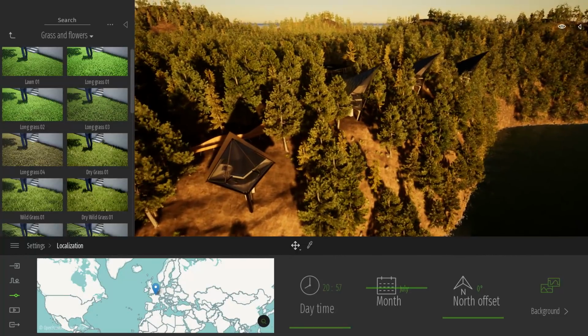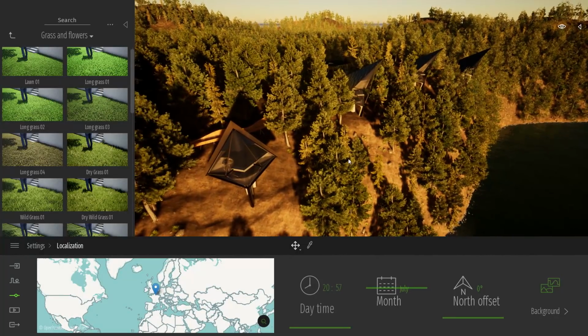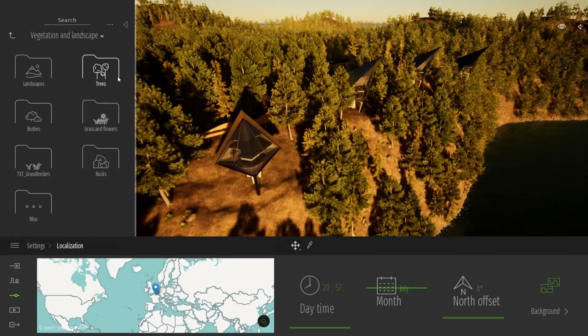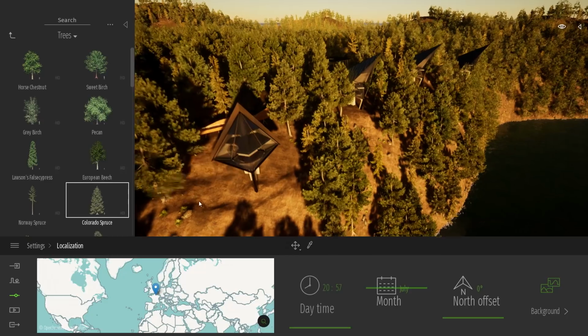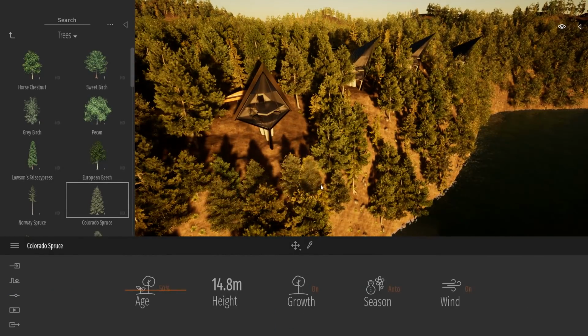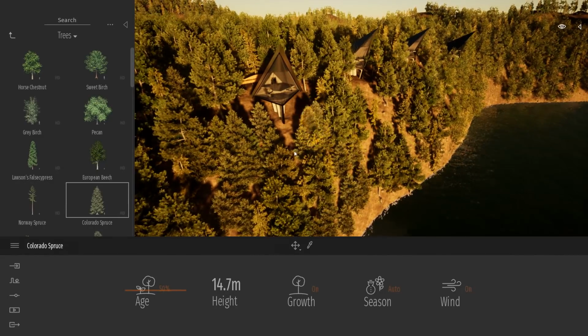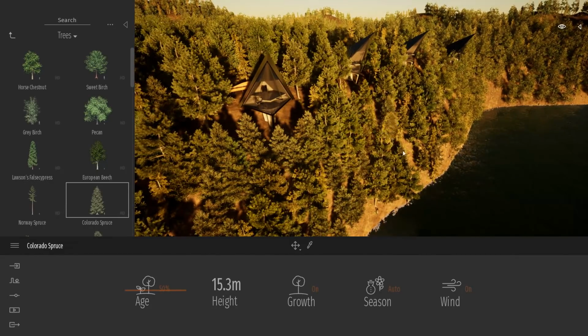So let's come on this side of the project. I want to add a bit more vegetation. So as you saw, there are plenty of ways to add vegetation with the scatter tool, the multi-drop tool. Again, here we just add a bit more trees in front of the project because I don't really want to see my terrain. So as you can see, you can pretty quickly vegetalize a small area.